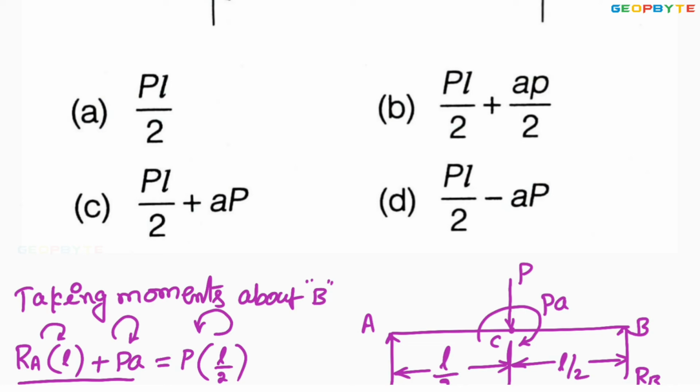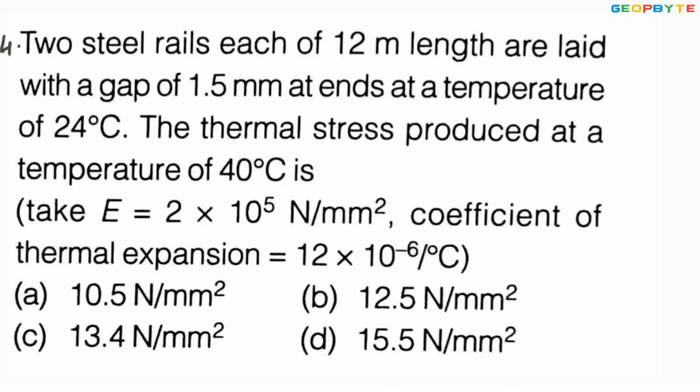Look at the option C. If I multiply 1 by 2 for option C, then you can say this is the correct option. That might be a printing mistake. Anyhow, option C is absolutely correct. I hope you got my point. Let us take another problem. Look at the next problem.